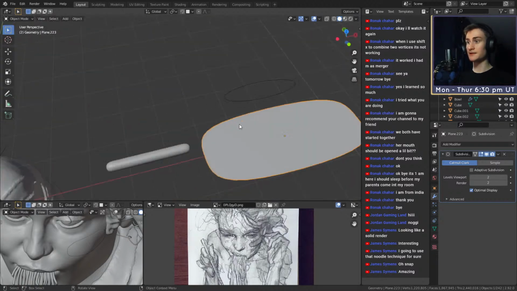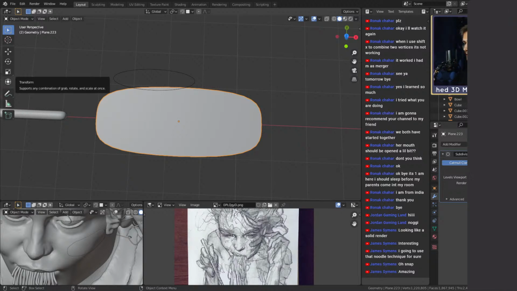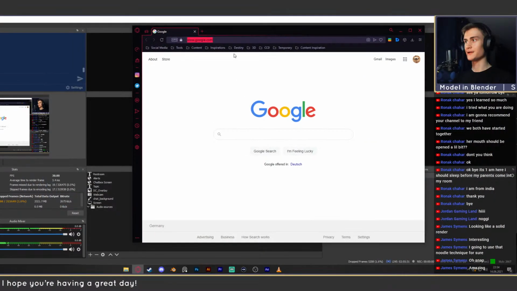So let's create a texture for this piece. The best way would probably be just to use an image. Let's see if we find a copyright-free image of a band-aid. I don't think we will. That looks exactly like the one we have. If we don't, then we can just create our own. So let's see, I have my good old, hold on. There you go. I have my good old